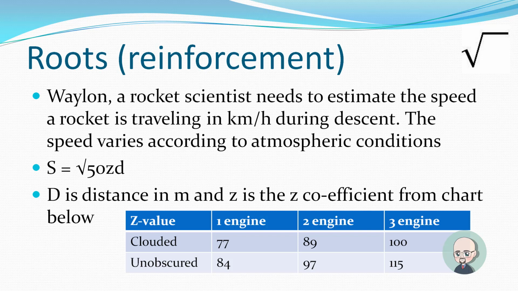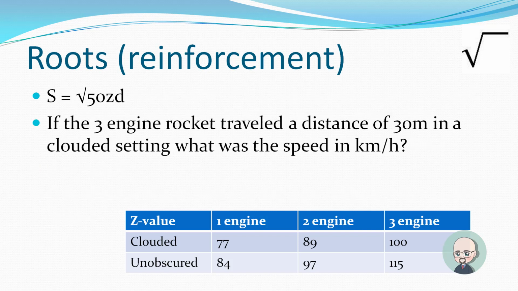So all we need to know is, okay, what's the Z value, what's the D value? And we have our D value is 30. Our Z value, we look at that chart, 3-engine rocket, 100. Okay, that's it. And we'll pick this up next time in the next lesson,